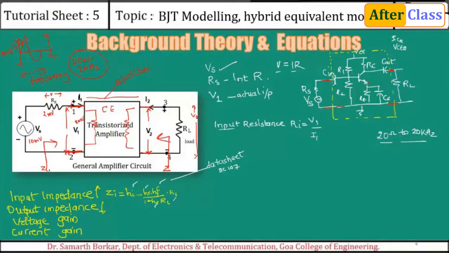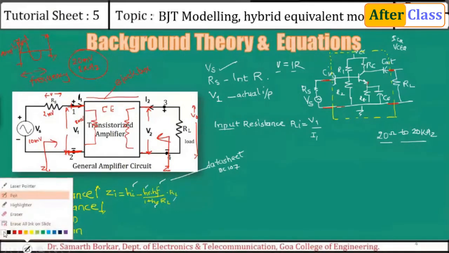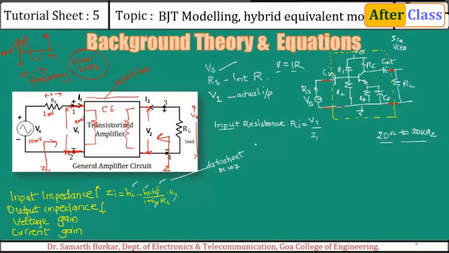The ratio of output current to the input current is called the current gain, and it is denoted as AI, which is I2 by I1. I2 is the output current, I1 is the input current. So the ratio of the two will give me the current gain. Many a time, in case of common base circuit and all, you're going to find a negative sign here. Now, remember, this is the most important point. If you have a sign minus I2 by I1, what does it mean?